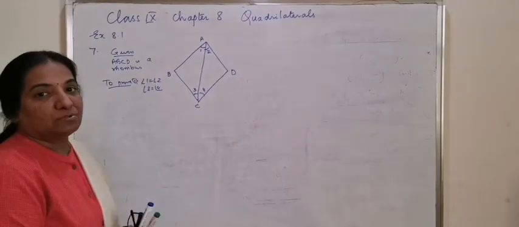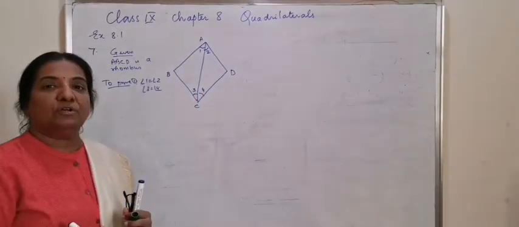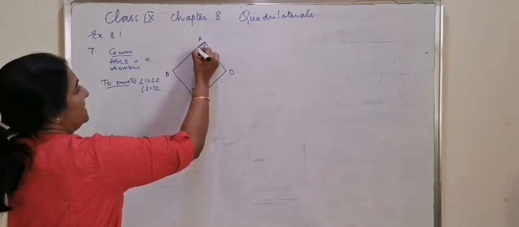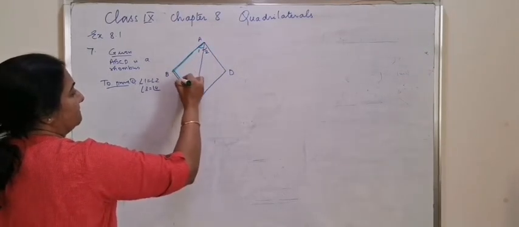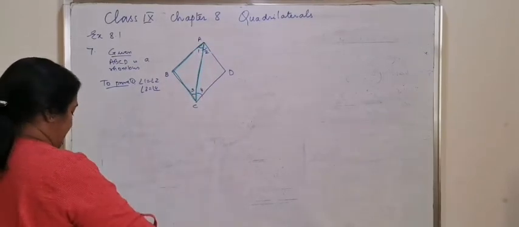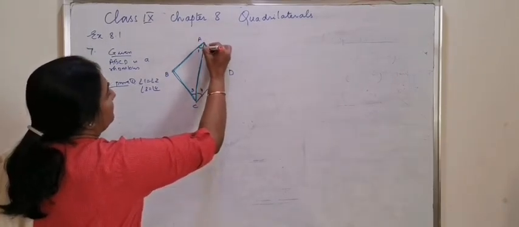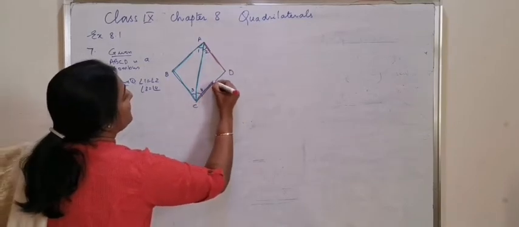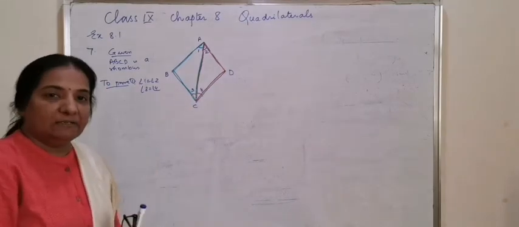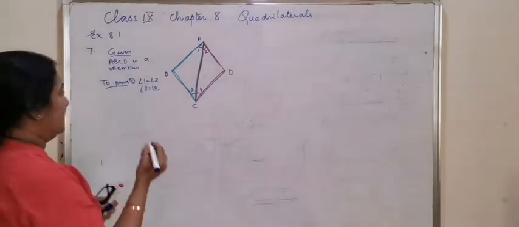The triangles, pick out the triangle in which angle 1 and angle 2 as well as angle 3 and angle 4 are one of the angles of the triangles. So the triangle ABC, if you consider, and triangle ADC, the triangles will have angle 1, angle 2, angle 3 and angle 4. We can prove triangle ABC congruent to triangle ADC.